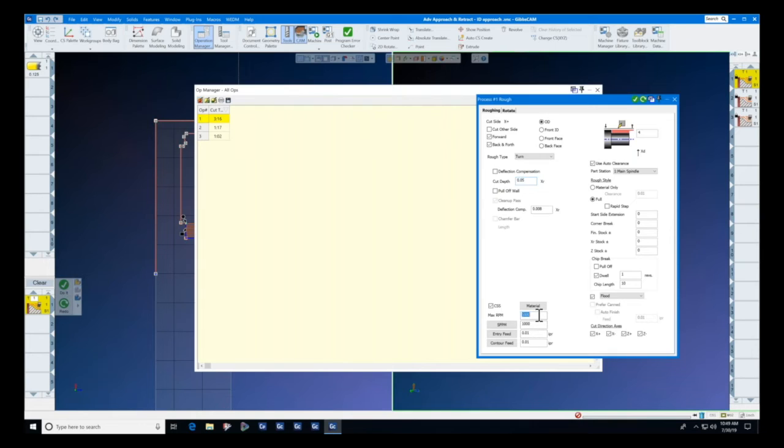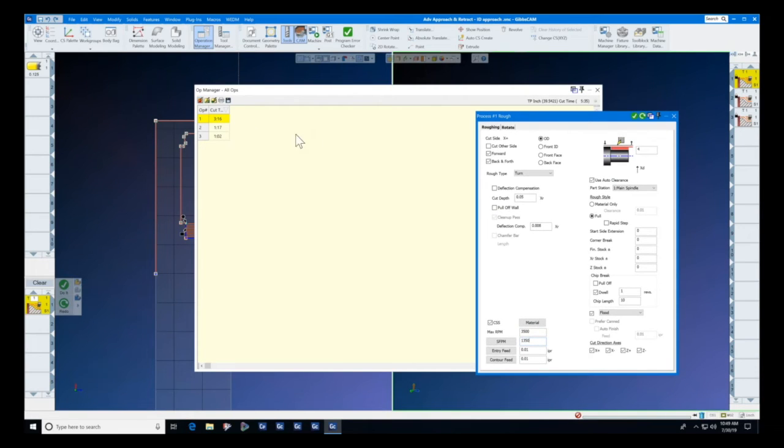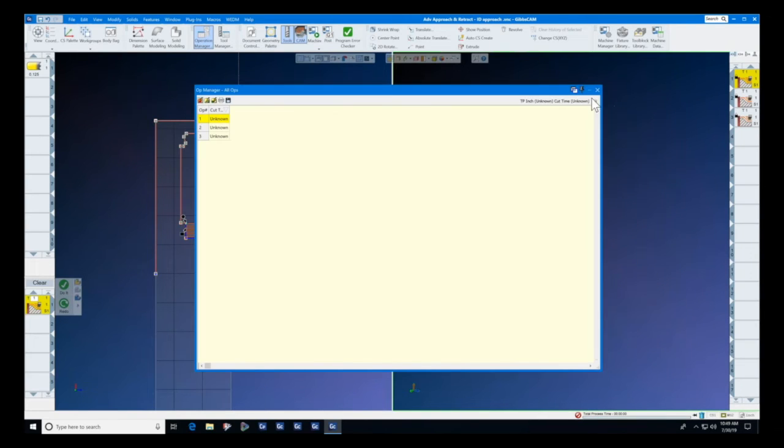So we look here at max RPM. Let's change that to 3,500. Let's change the surface feet per minute to 1,350 because I have a new insert. The current cut time is 5:35 and 3:16 on op 1. Let's redo that op. The cut time is unknown until we press the button. Now the cut time has gone from 3 minutes 16 to 2 minutes 8, and we're down to 4 minutes 27. So the op manager is a tremendous tool that we can use to analyze our program and to optimize